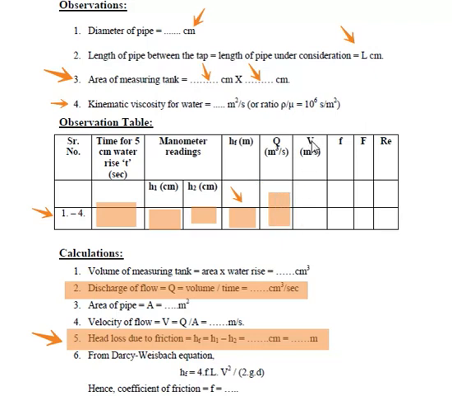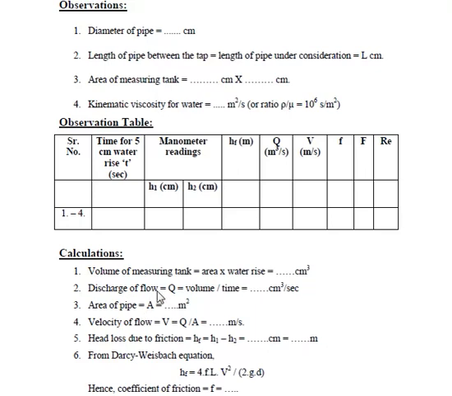Okay. Now what is velocity in meters per second? The velocity of water in meters per second. The formula is Q upon A. Now area of the pipe you can find out because diameter is known, pi by 4 d square. Q you have found out, that is the discharge. Area of the pipe, it can be found out by pi by 4 d square. So Q upon A will give you the velocity.